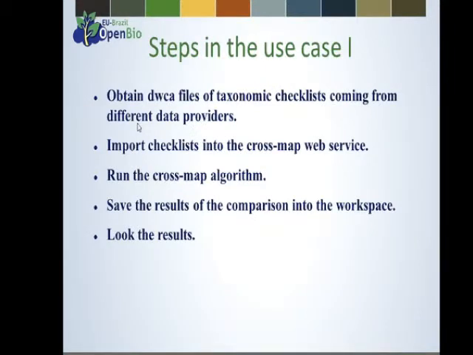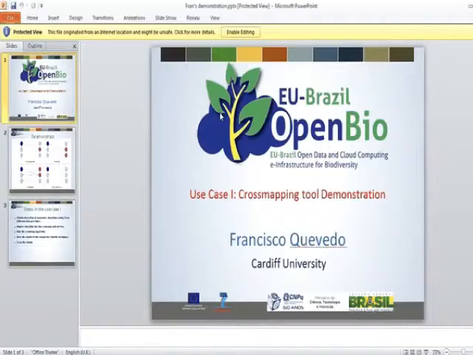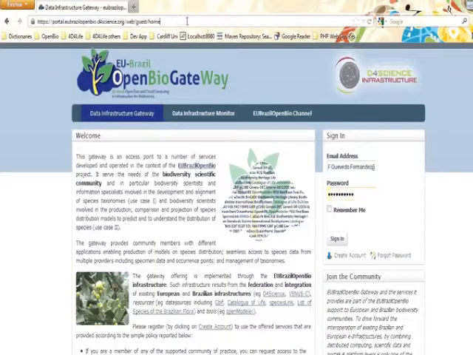The demo shows how, using the Species Discovery Service, you can access taxonomic checklists for the family Apocynacea that come from two different data providers, namely the Catalogue of Life and Flora do Brazil. Once we have these two Darwin Core Archive files, one from each data provider, we can import them into the XMap web service, run the cross-map algorithm in order to find the relationships, save the results into the workspace, and finally examine them locally. So let's proceed then by opening a new web browser and going to the URL for